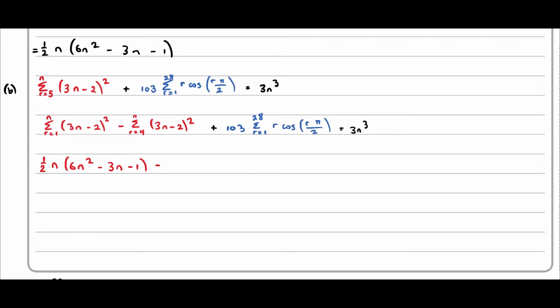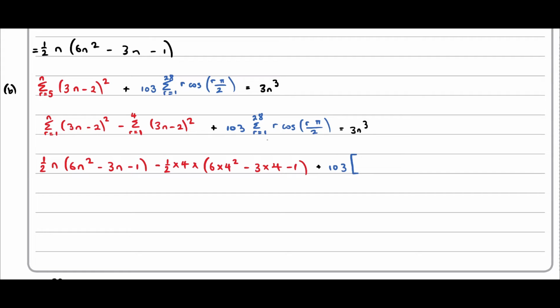And then we subtract off the sum from r equals 1 to 4 of this thing. So we substitute in 4 over here. So we have a half times 4 times 6 times 4 squared minus 3 times 4 minus 1. And then we add on 103 lots of